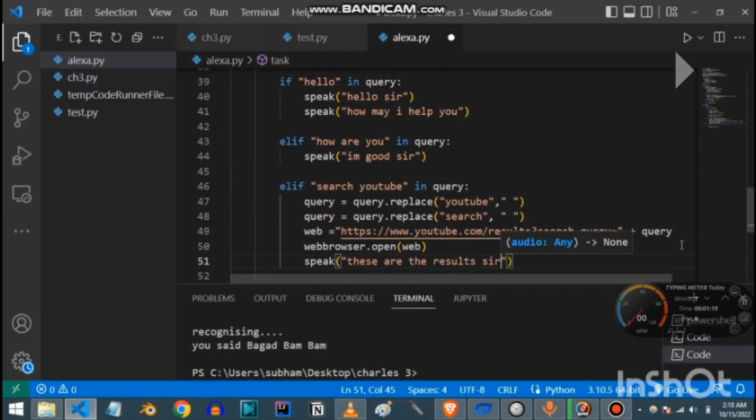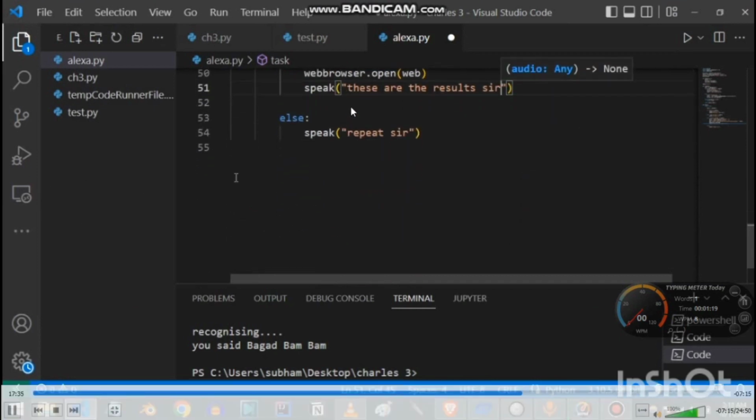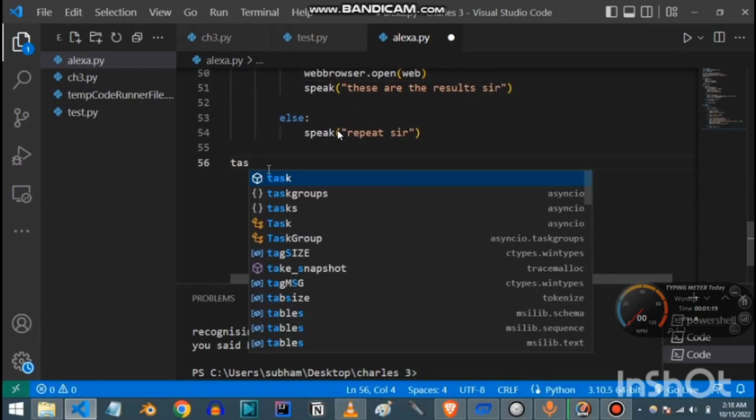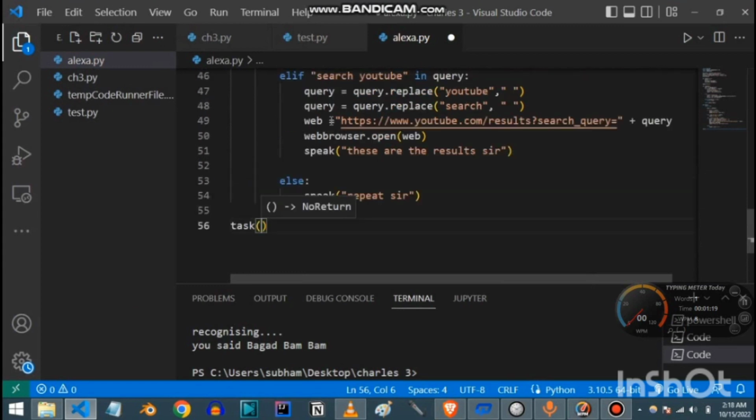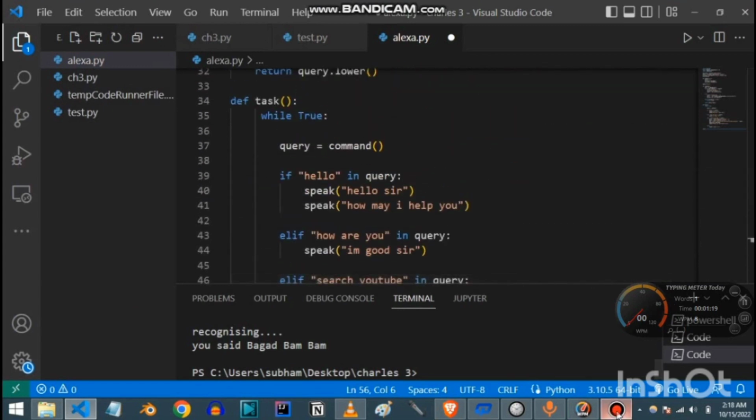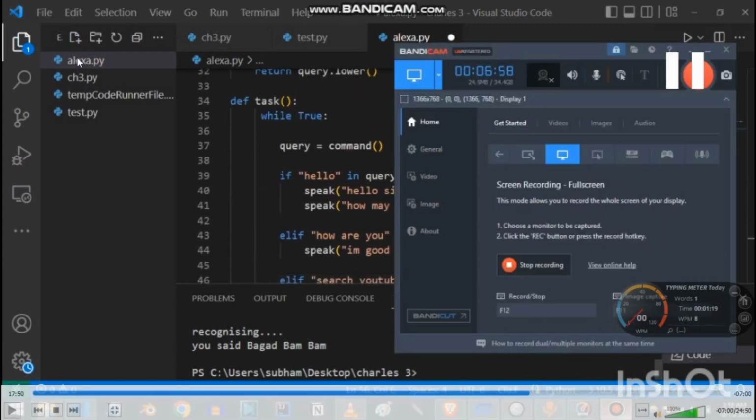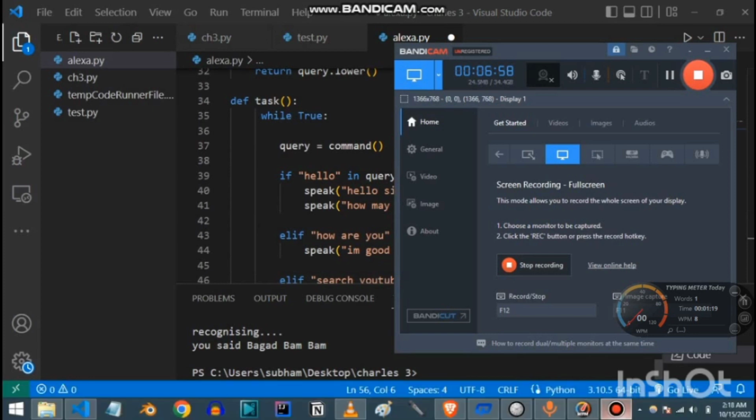So now after searching it will say these are the results. Now, task brackets: I said that whenever you write the task bracket or the function bracket, it will start that function. So after the task function,